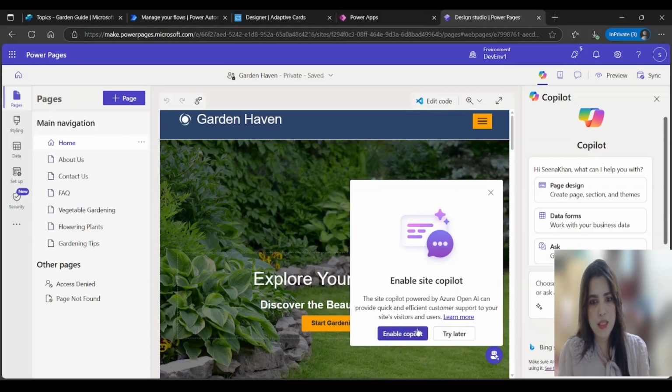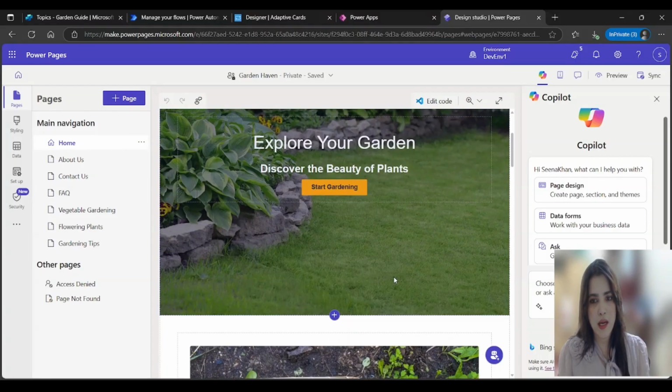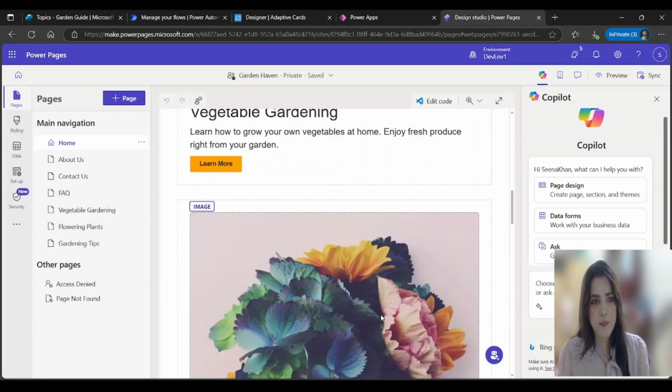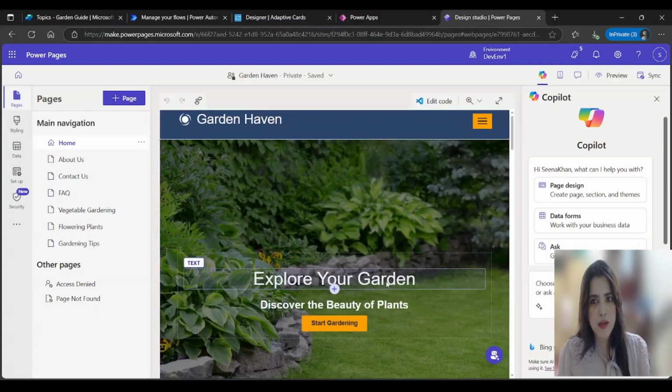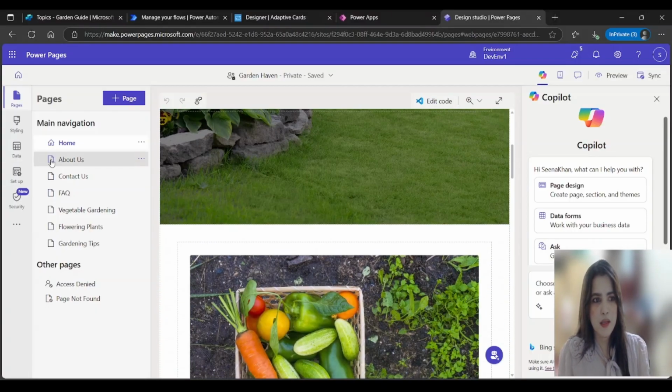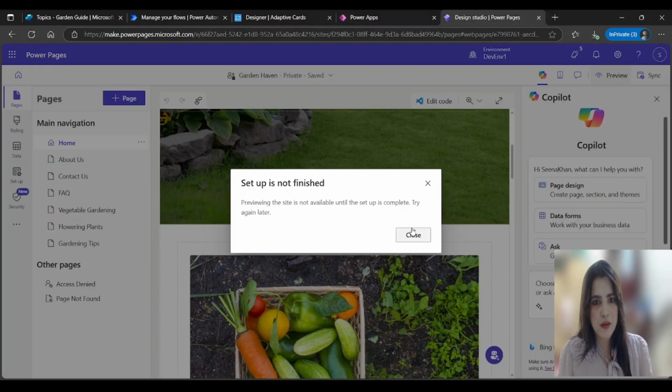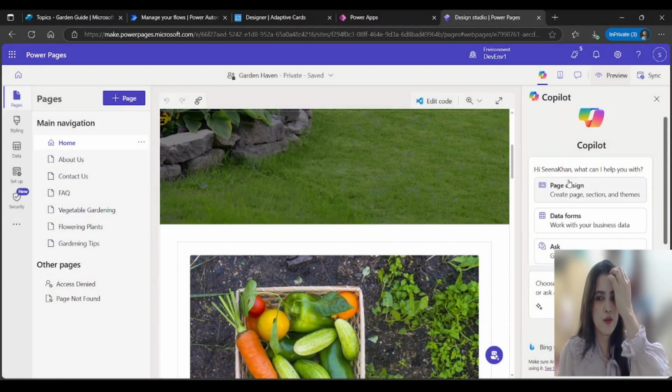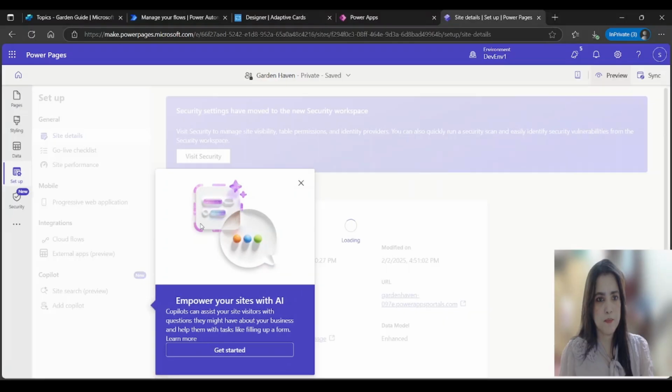So we can do this, or try later. I will show you how we can add this later. Okay, so this is my site, and these are the pages available on this site. You can see a preview. Okay, setup is not finished, so we'll go for completing the setup. Now I'm going to click on this setup,